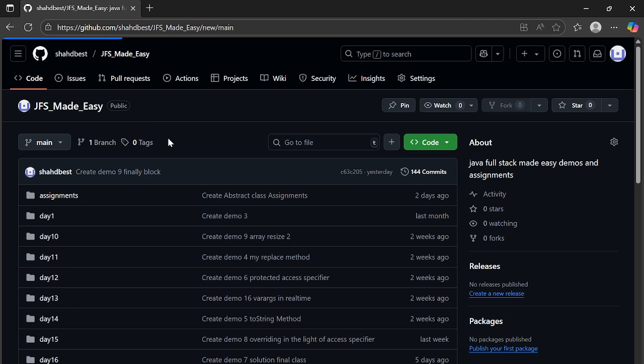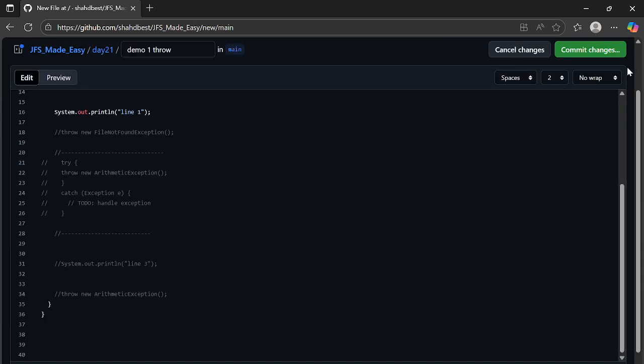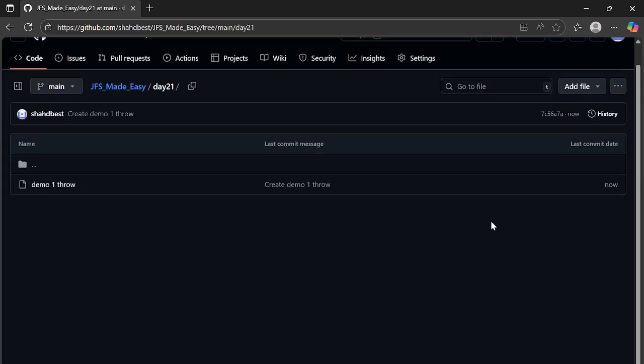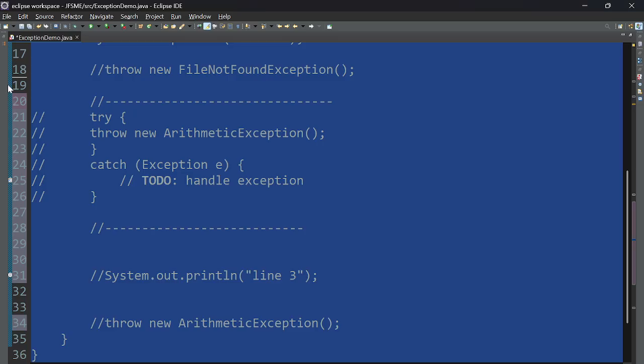So this is our demo 1 for day 21, demo 1, throw. So now what I want is I am creating an application where somebody is going to enter the marks for the student. So let's create the application that way. So what I will do is I'll create,